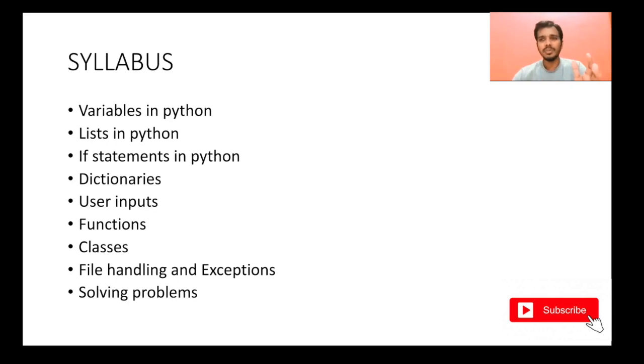So I am not going to directly do a project here. Most tutorials I have seen directly go to projects like building a website or anything, but I'm not going to follow that approach. First, once you are good with Python and you understand the syntax of Python, then we will solve some very, very basic problems. And once you are able to do those problems, after that we will move to higher, advanced topics, like maybe building a website or machine learning or data structures or algorithms, right? After that.